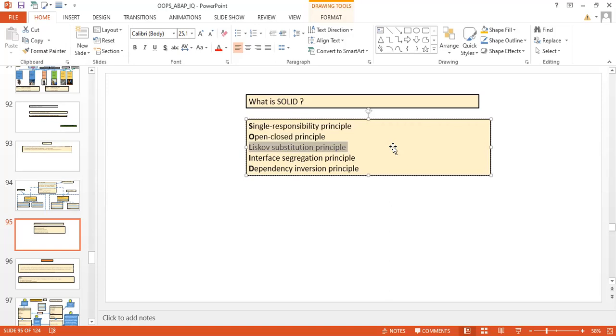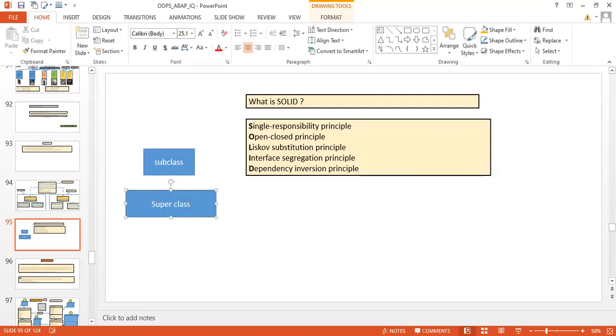This stands for, actually, when you have a subclass and you have a super class, right? You have a subclass and you have the super class. This is your subclass and here you have the super class. So what you have to take care of over here is that whatever method you have used over here should be perfectly suitable for the super class, right? That method is going to be perfectly suitable for this subclass.